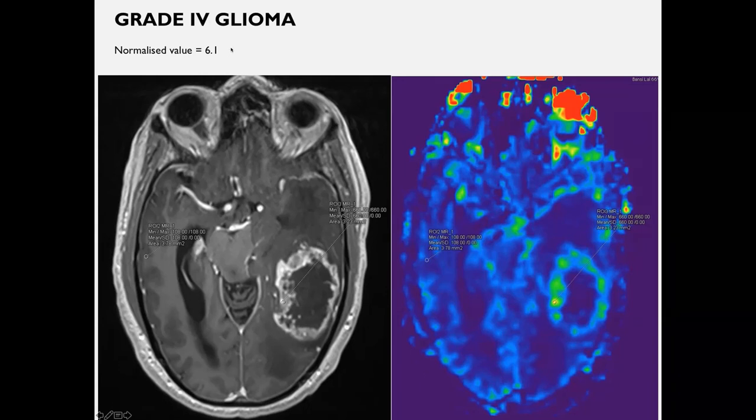Now, I must tell you that our institutional experience is that in grade 4 gliomas, our values usually come like 3, 3.5, 4, 4.5, 5, 5.5, usually above 3.5, when we normalize this to gray matter. If I take an ROI here, the perfusion will be less. This value will be 7, 8, 9, 10. But I don't use white matter. So the take home message is: take grade 4 gliomas. They usually give values above 3.5, and that can be 3.5 till 6, 6.5, any value you can get. So this is the take home message.